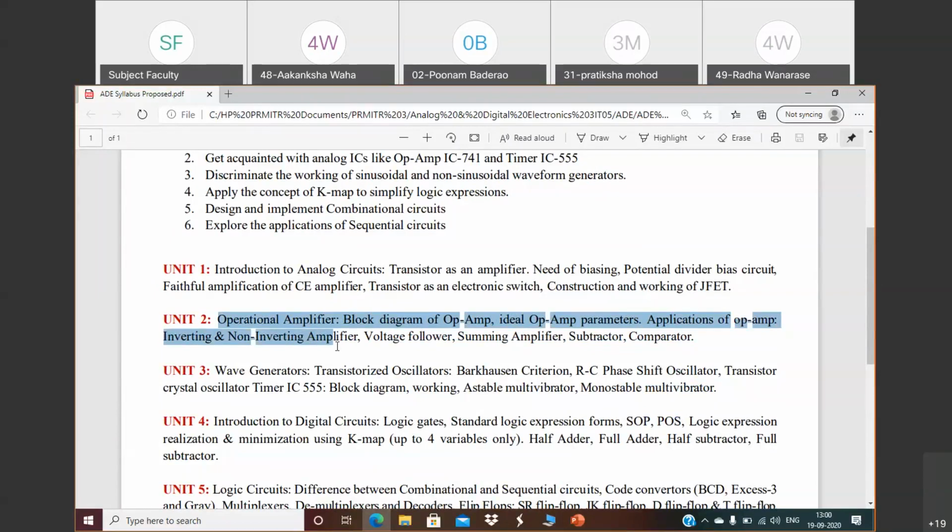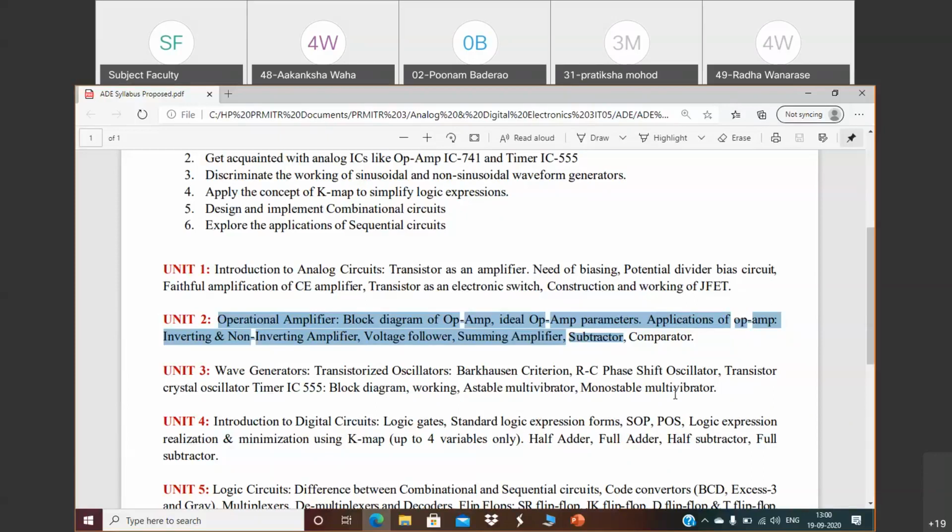In linear applications, the op-amp will act as an amplifier. Whenever the op-amp acts as an amplifier, there must be feedback given in your circuit, a feedback resistor. So we have seen the inverting, non-inverting, voltage follower, summing amplifier and subtractor. Up to this point, in each of these circuits there was feedback given, and feedback is generally given by using one resistor called the feedback resistor, right?